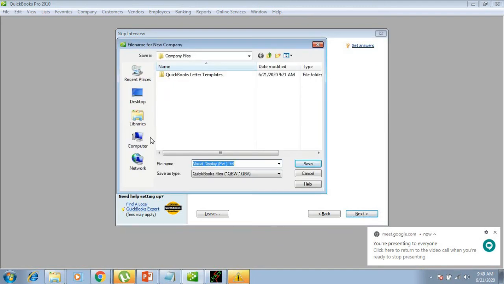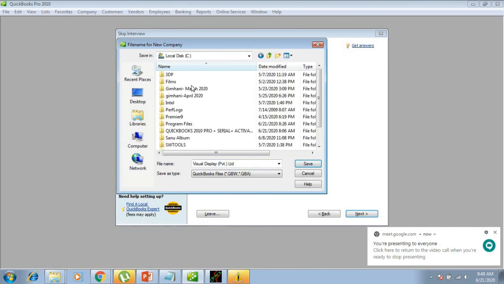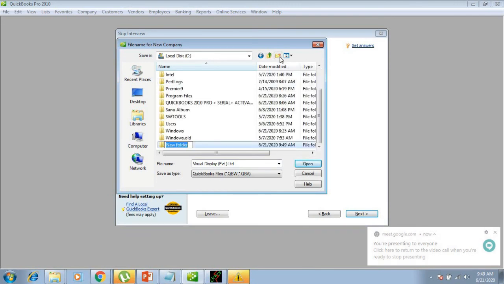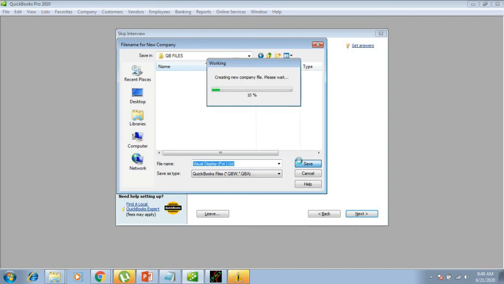So I am going to select one of my hard disk drives. In my C drive, I am creating a new folder with the name QB Files. Open, and now I am going to save my company file. Now this is the name, Visual Display Private Limited .qbw.